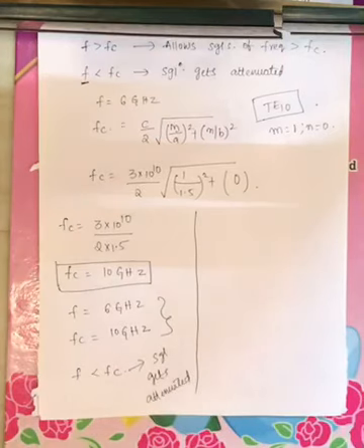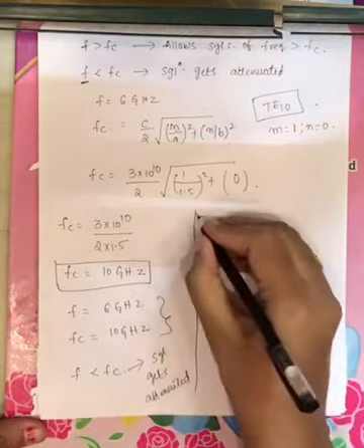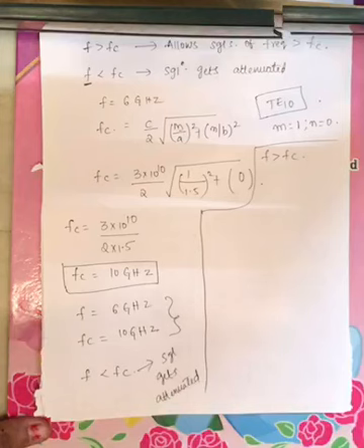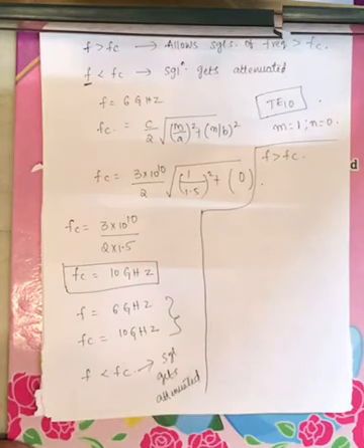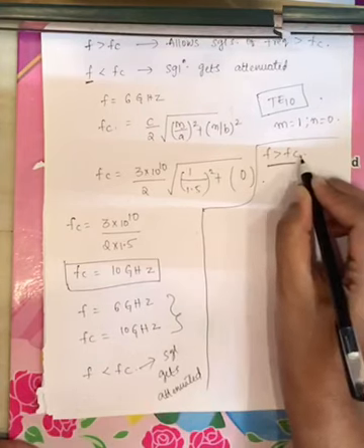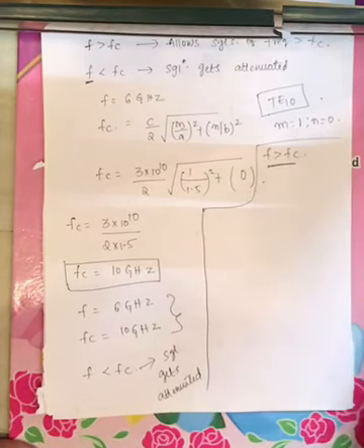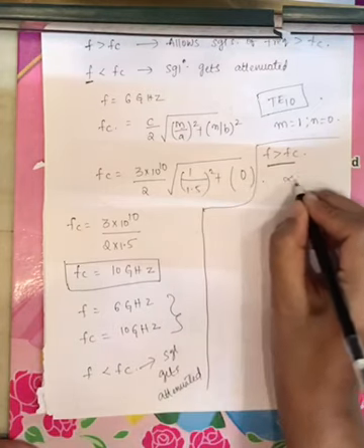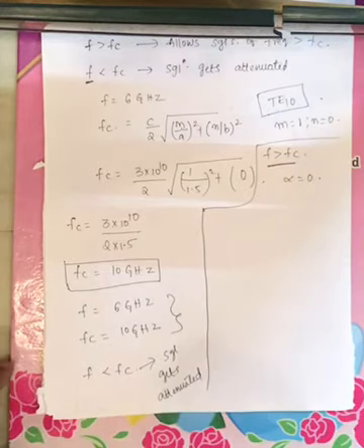Now here you have to calculate amount of attenuation, right? Now another case is also possible. What is another case? You may get f greater than fc also, right? At that particular case, what is amount of attenuation? If f greater than fc, what does it indicate? Waveguide will allow the signal, that means the signal is not getting attenuated. Now what is the amount of attenuation? 0, right? If f is greater than fc, alpha is 0. If f is less than fc, you have to calculate amount of attenuation, right?